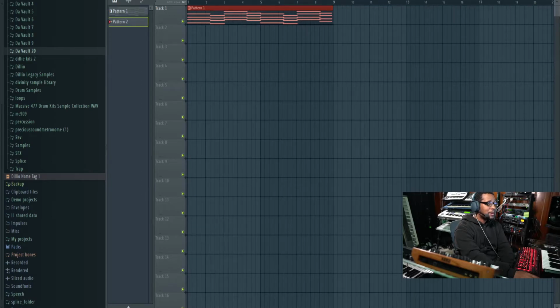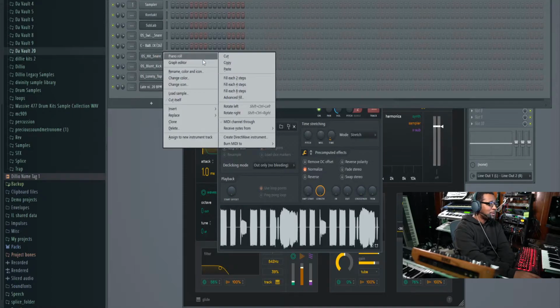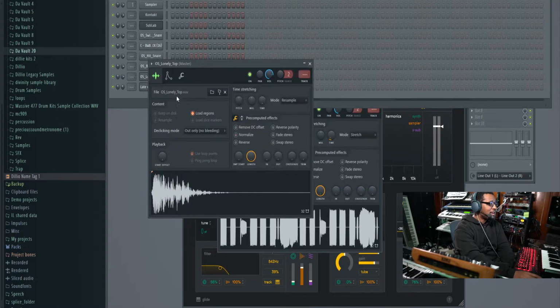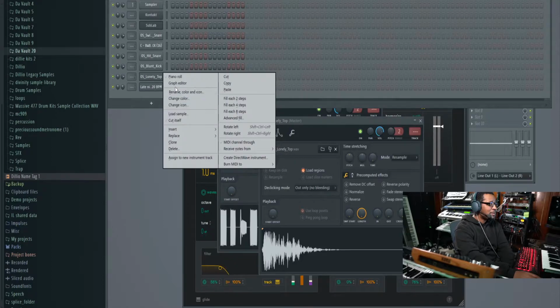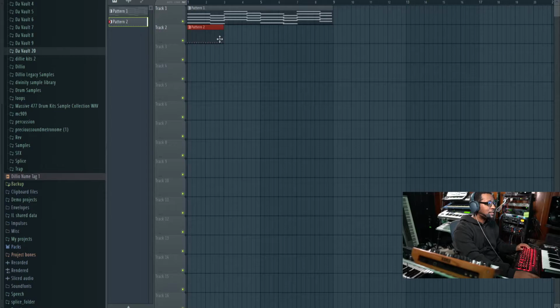And I think I'm going to work on pattern 2 and just ride with some hats, real easy. It doesn't take a lot. So I'm just going to let those hats go in. I'm going to right click on here, fill each 2-step, and let that go for 2 bars. Let's click that in there, pattern 2. Let's see how that sounds. And now with those two together,